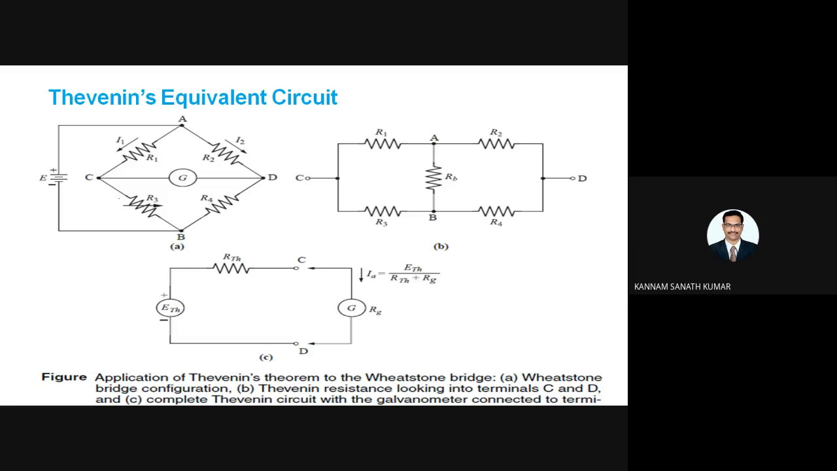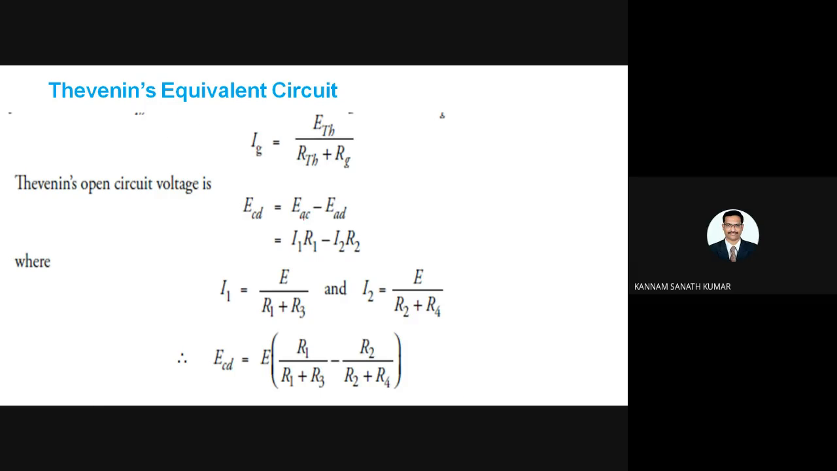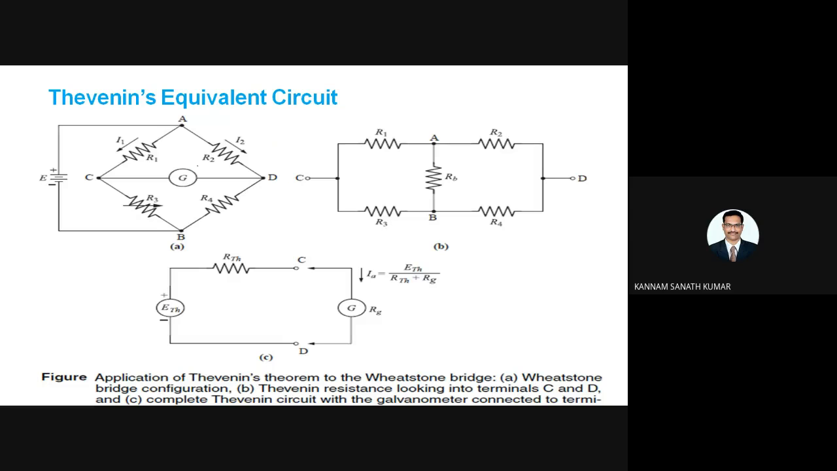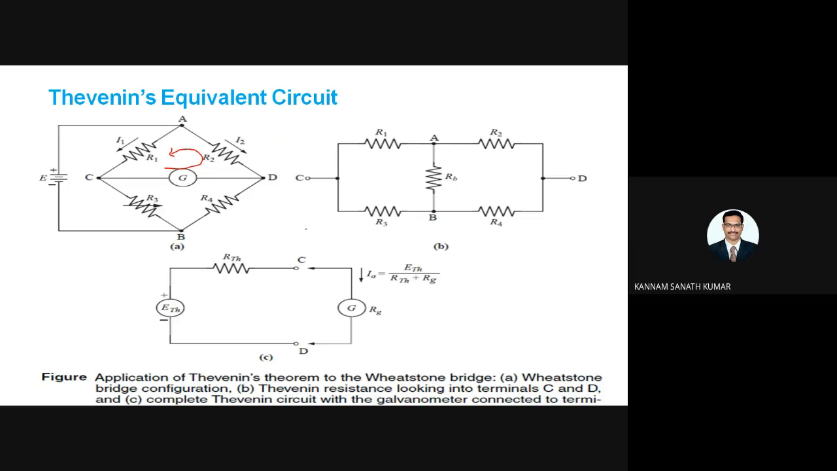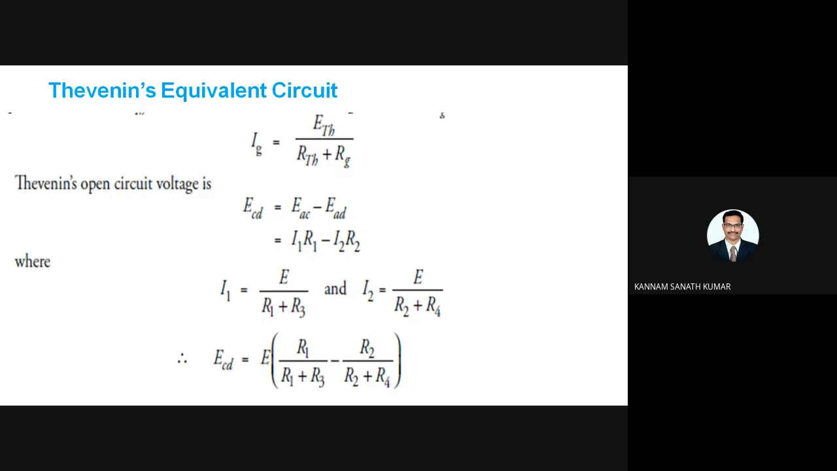So you need to find out Thevenin's open circuit voltage. ECD equal to EAC minus EAD. You have to apply KVL across this loop. So what are you getting? ECD equal to EAC minus EAD. EAC is nothing but I1 R1, and EAD is nothing but